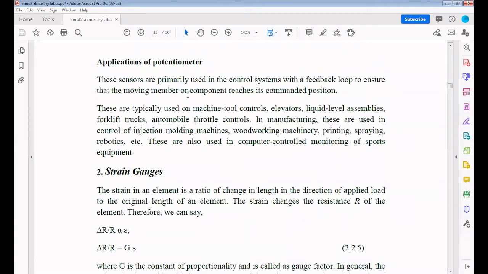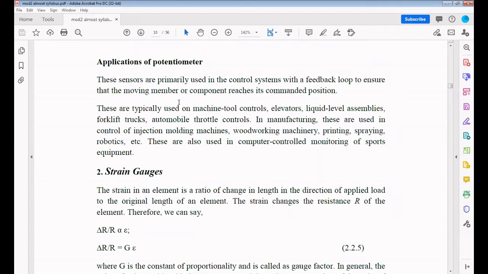Moving member in the sense, that one is a linear system, which we can find out based on the linear system. Otherwise, that one is a rotatory body, in the sense we can find out how many revolutions there are, and according to the revolutions, how much distance that particular vehicle traveled. Suppose for example for 20 revolutions, how many meters it travels. For 1500 revolutions, the vehicle travels from one point to another point, how much distance.